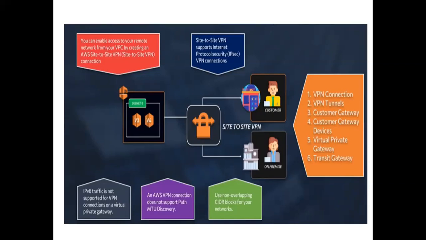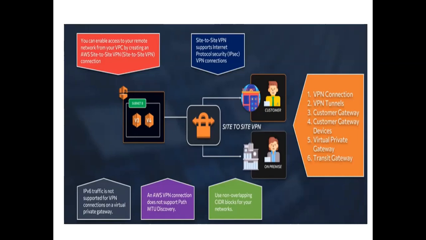If you want to know more details about which devices are required, you can look up the VPN site-to-site supported devices in AWS. It will give you the list of devices supported in AWS. Any of these devices needs to be provided at your on-premises, and you need to do the configuration there. Once you have these devices, you need to create a connection between your on-premises environment and your AWS environment by configuring them.